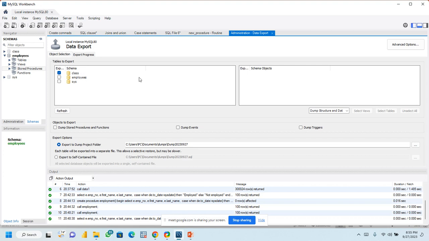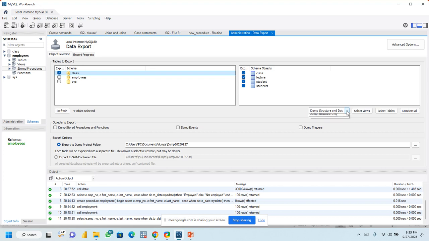Just below, we have this box where we are selecting our tables. Then we have schema objects. If I select on the export class, we have a table class, lecturer, student, and students. This is what is contained in our schema dataset, what we created in our first few classes. Just below where we're having schema objects, there's this box written dump structure and data, and it has